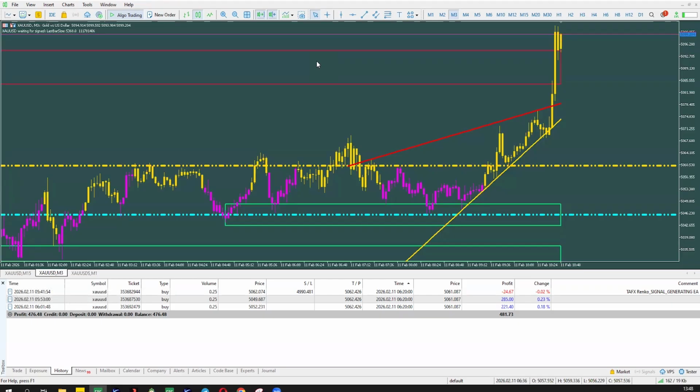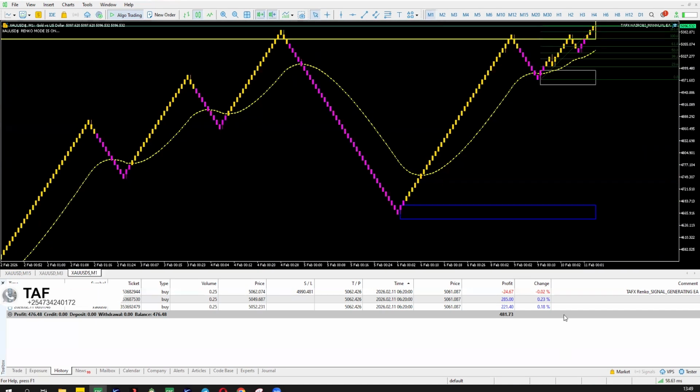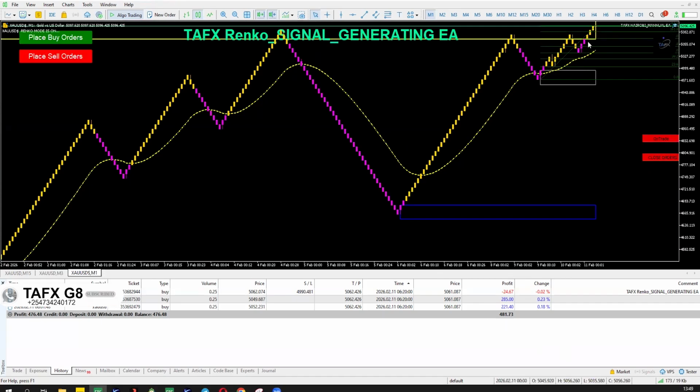Even if you're using the SMC signal generating EA, this one will help you a lot, because we are going to take step by step what to do in this minute 3 template. This is the best of the best when it comes to scalping. This is the result of today, $481, and we did good scalping today, and that's what I'm going to share with you. The first thing that you should do when